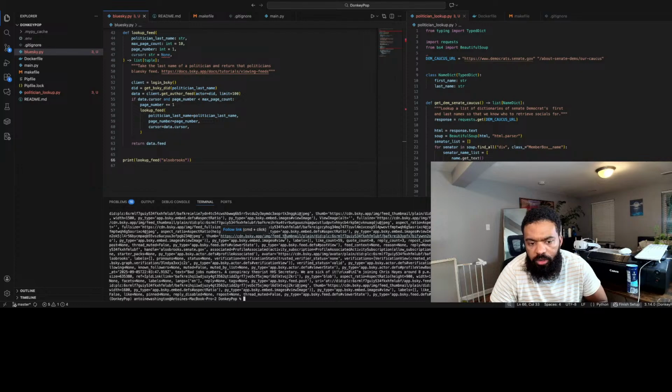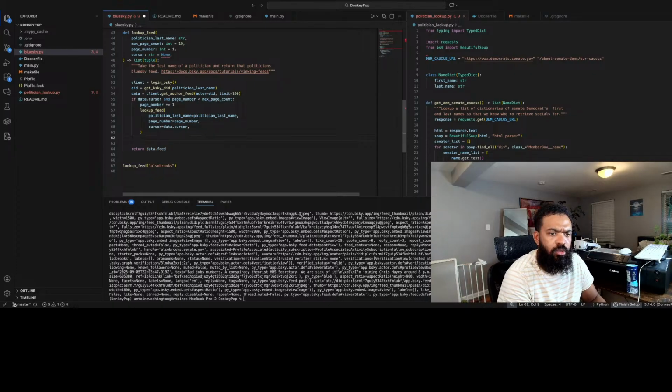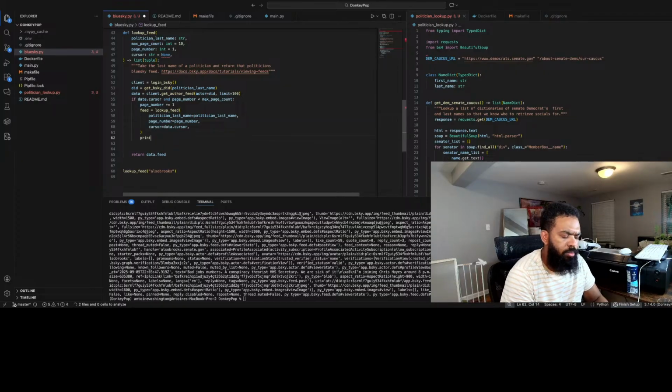I'm wondering if I'll get the same if I just say feed equals and I print.